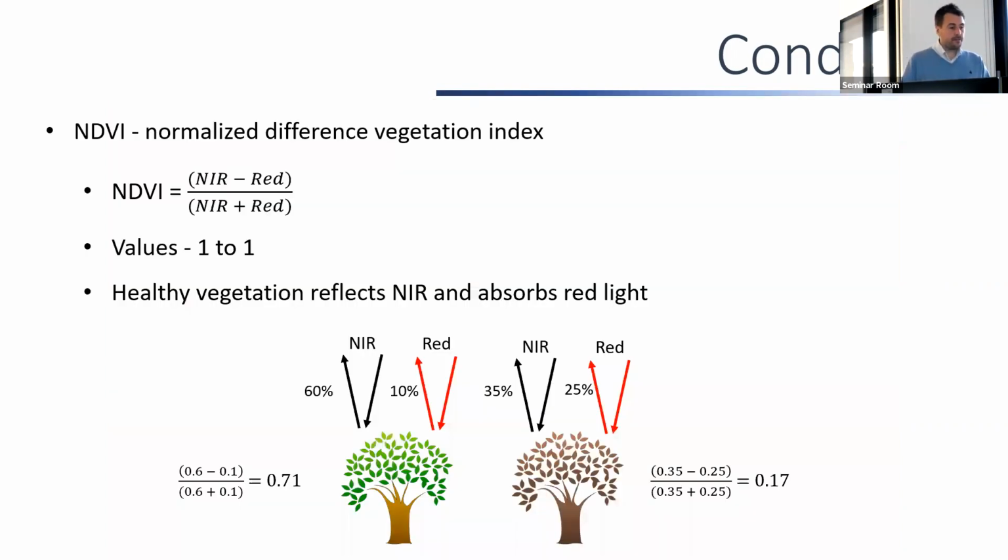What we've done is calculate a number of different vegetation indices. So first of all, NDVI, which is the ratio of the near infrared to the red band, varies between -1 to 1. So if we look at that little schematic in the bottom, healthy vegetation reflects near infrared light, NIR, and absorbs red light. And less healthy vegetation is the other way around. So you can start to see changes based on the relative NDVI of a location.